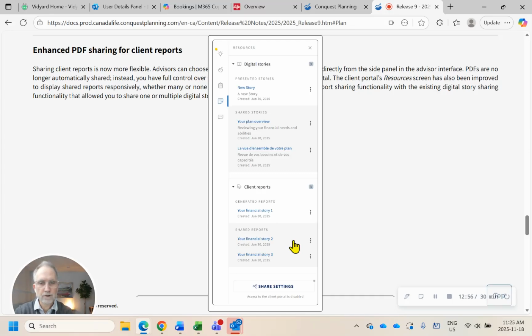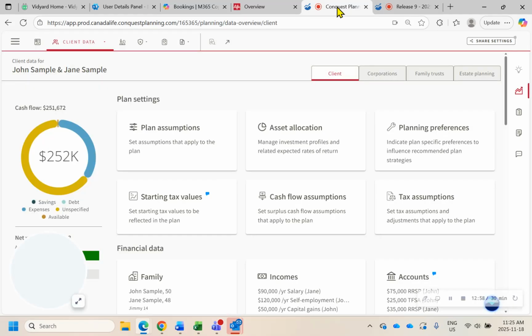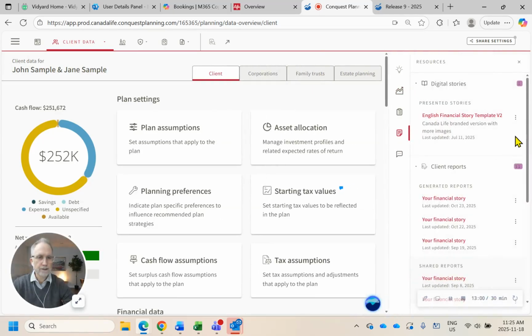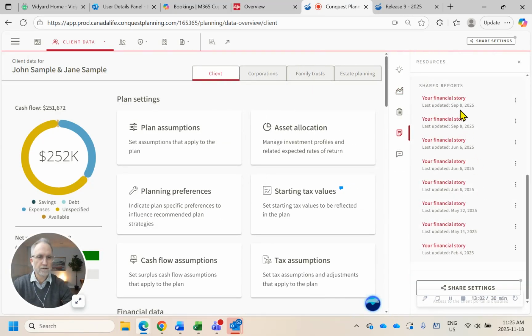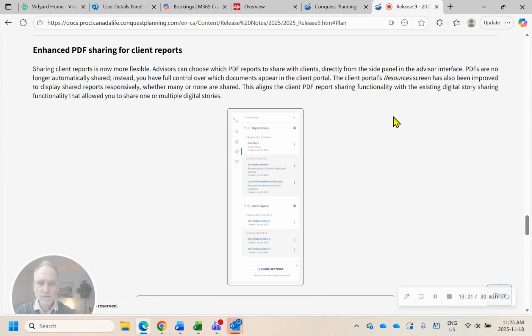For our Canada Life version, we would simply go into the plan, we'd go over to the resources and just scroll down to the report section, and every time you hit generate report, it time and date stamps it and saves it within the plan of Conquest. And we can always go back and just click download, and then we can print it off or we can email a copy to our clients. Let's move on to the next section,